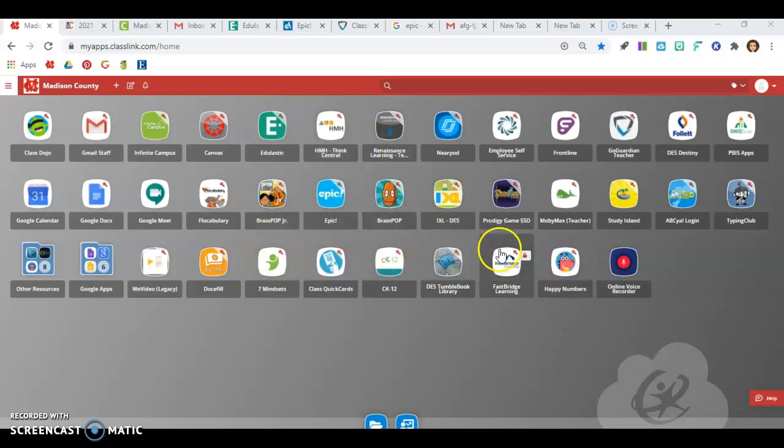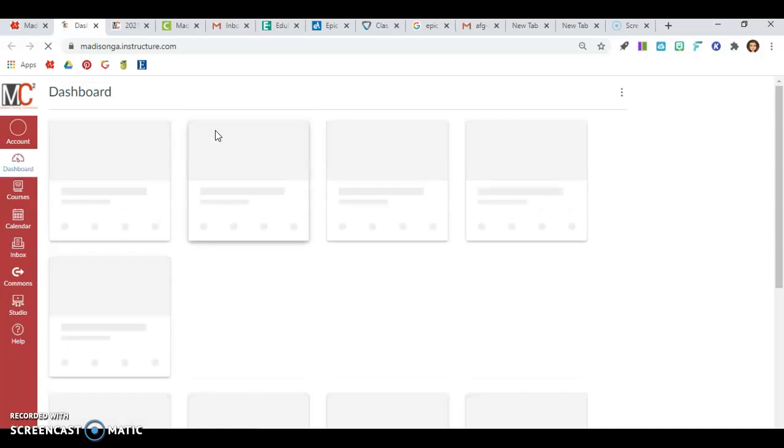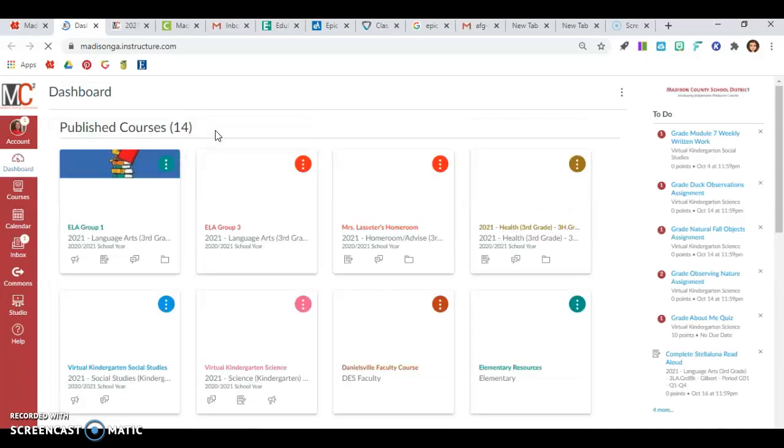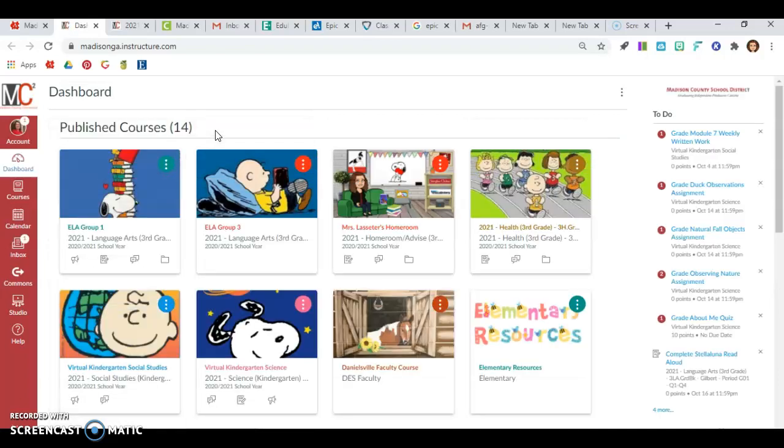Here's my mouse cursor. So the first thing that you're going to do to find your assignments is log into Canvas. And then you're going to click on this purple Snoopy that says ELA Group 1. That's what we've been doing in class and practicing this year. So if you click on that,